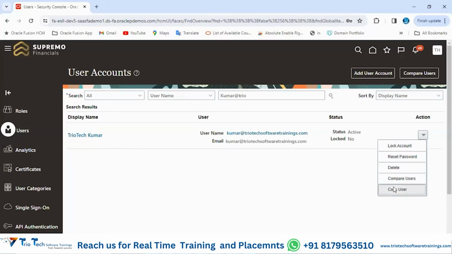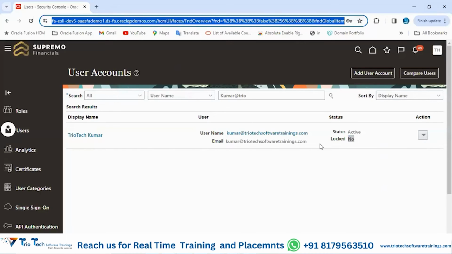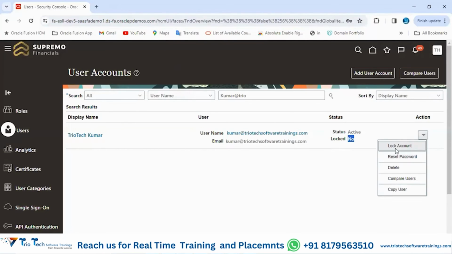So when the account will get locked automatically, now the account is live. When the account will get locked automatically, and how we can unlock the account, how to reset the password from here, how to delete, or when the account will become inactive in the system, that all I will take up